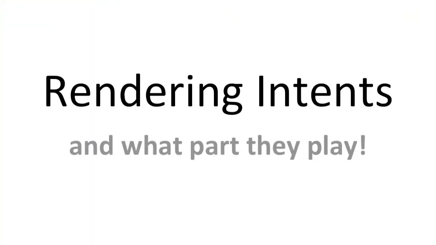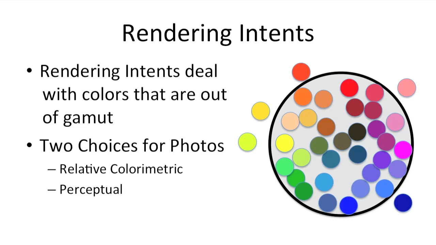Another topic that seems to confuse a lot of folks is the whole concept of rendering intents. So let's take a look at that in a little more detail. Now, what rendering intents are simply is they deal with colors that are currently out of gamut, meaning they're beyond the ability of the printer paper combination that you are using to actually print that exact color. It's beyond the color scope of the printer and paper that you are using. So something has to be done with those colors that are beyond that printable area, and that's what rendering intents do. Now, there are two choices for photographers: